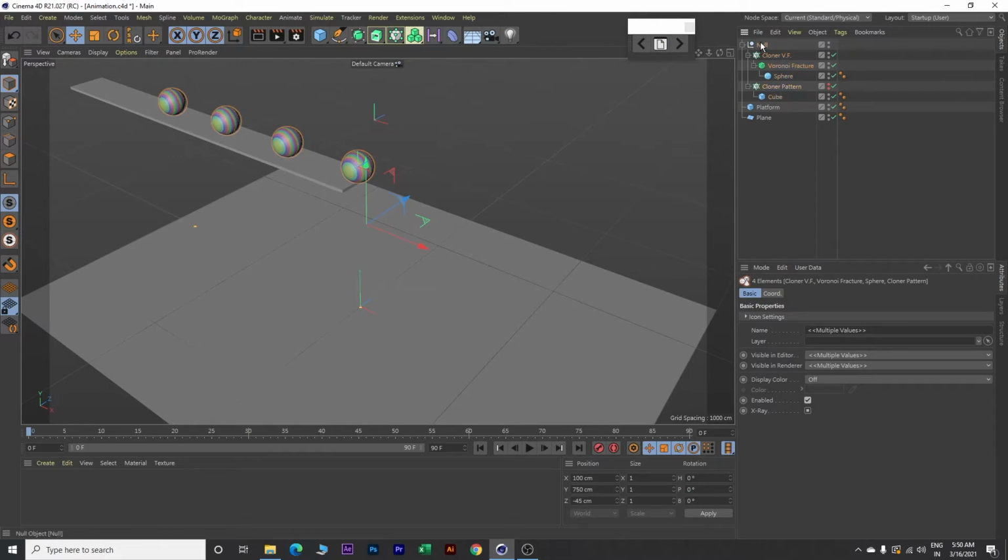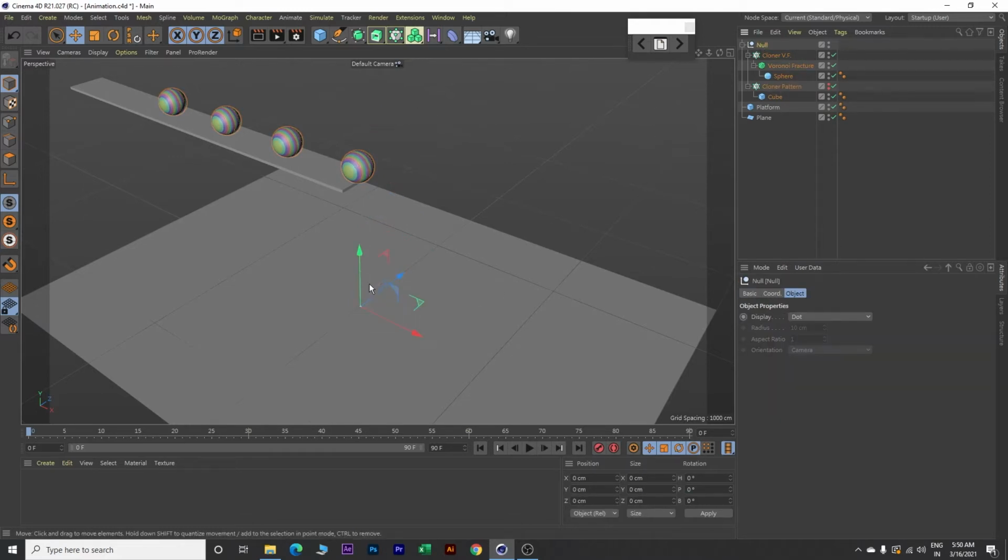Now click on this null object and we will adjust this axis. Currently it's very low, so we will bring it up. So click on this axis option here and come over here on this Y value and increase it to 1110 and say apply. So here is our axis now. Now go back and uncheck this axis option.